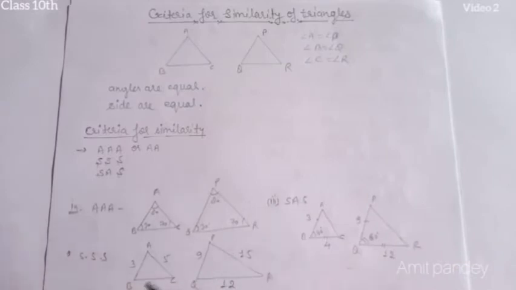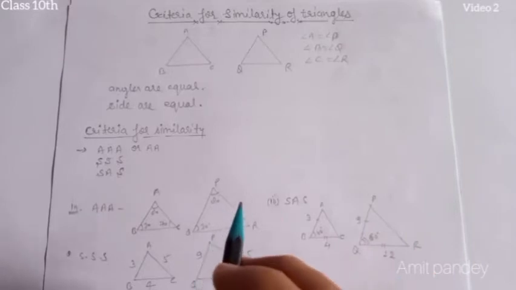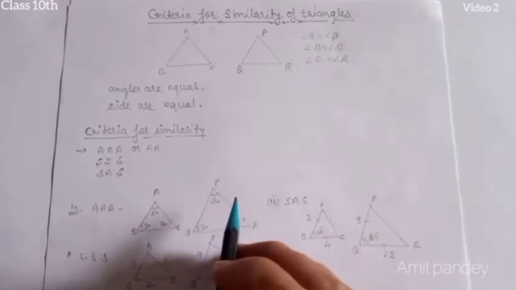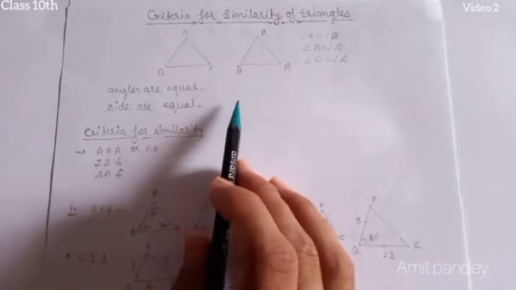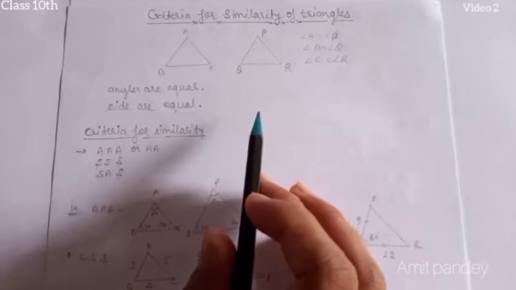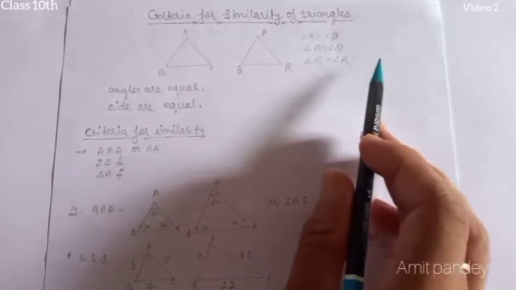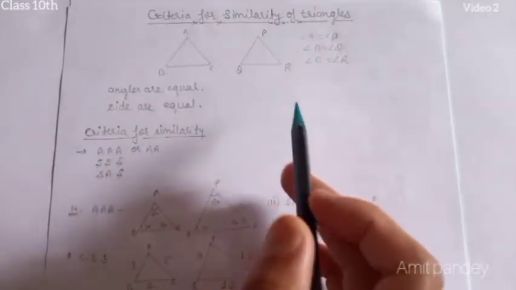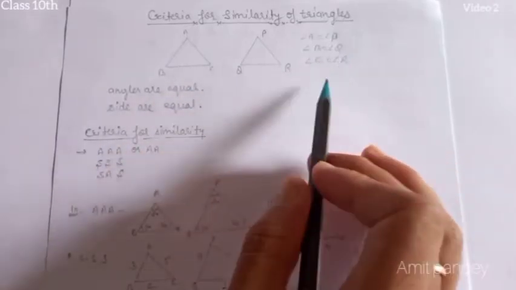So now students, in class 9th you obtained some criteria for the congruency of two triangles involving only three pairs of corresponding parts of two given triangles. Here also let us attempt to arrive at certain criteria for similarity of two triangles involving the relationship between fewer pairs of corresponding parts of two triangles instead of all 6 pairs, 3 of angles and 3 of sides.